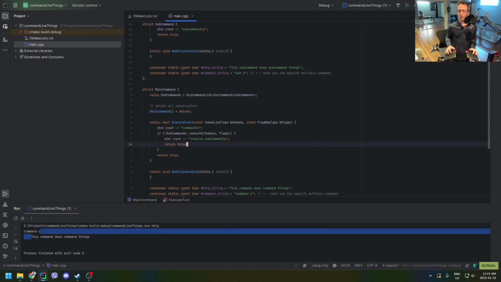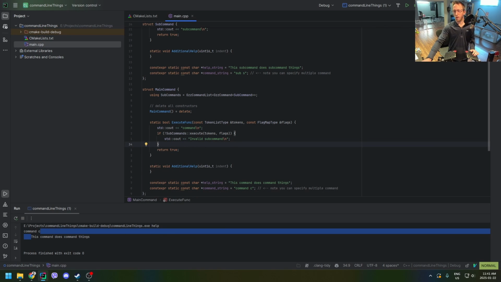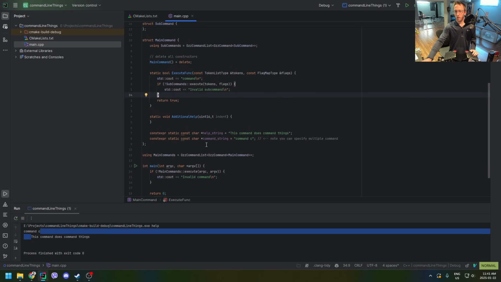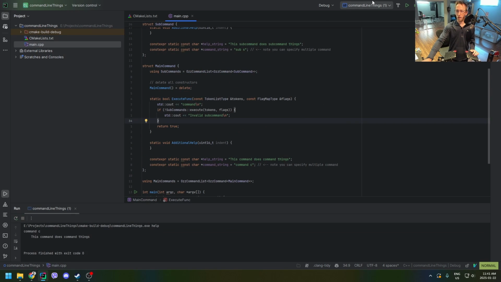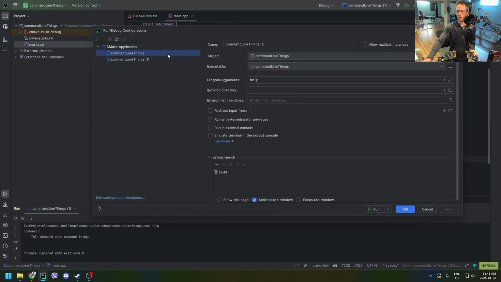Return false. Actually, no, this would be return true. So this is still on the help text. So now we've got this, and if we go into this configuration back here, and if I'll just show you,